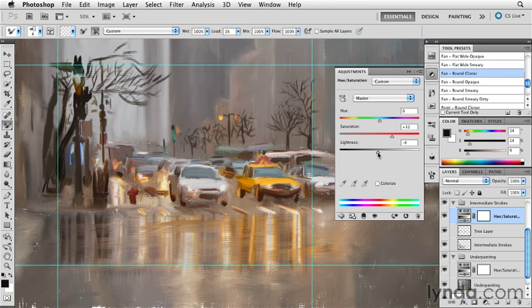This is the kind of thing where if this was traditional painting, you could never see these to try them out. And because we have this as a safety net, I can try things out I never even would try. Who would have thought that darkening that a little bit would make a difference? And yet now that I'm looking at it, I really like it. Let's go to the intermediate hue saturation and toggle it on and off. And sure enough, you can see how that's just adding a little bit more life to what is right now